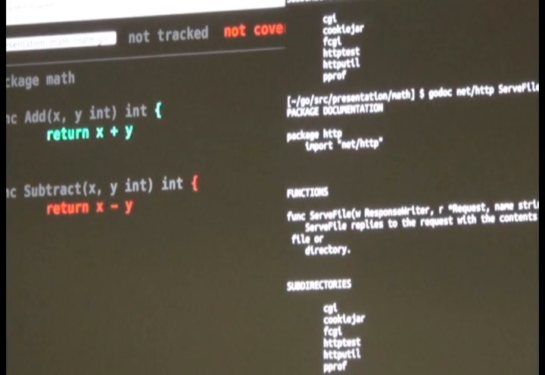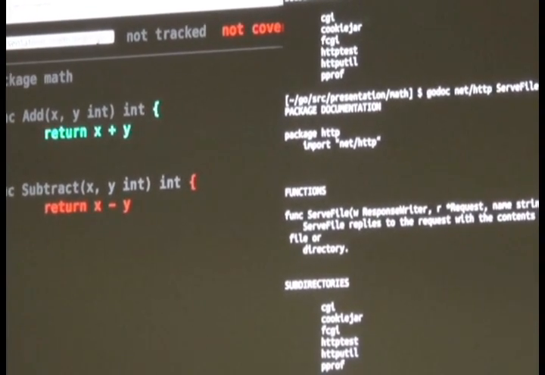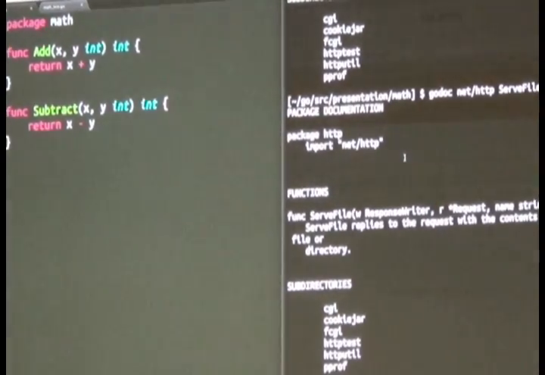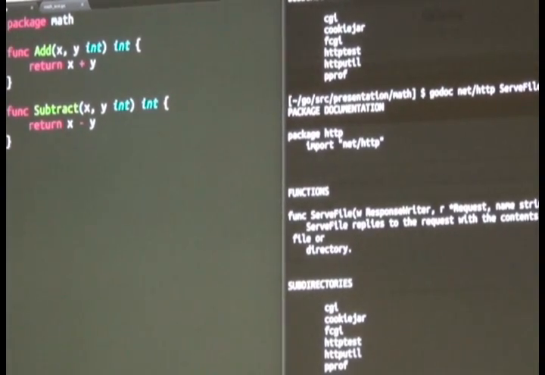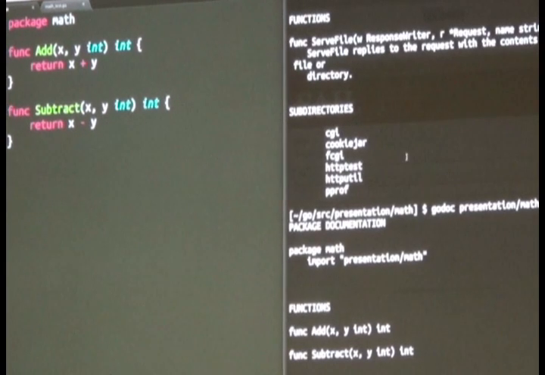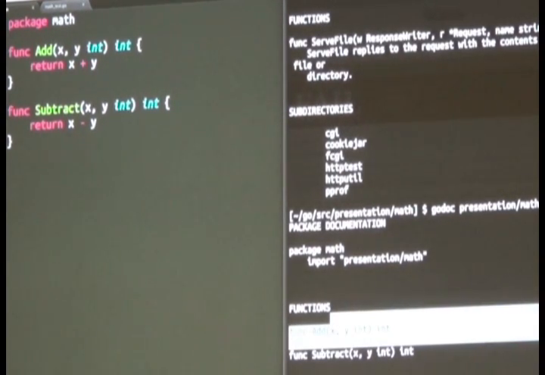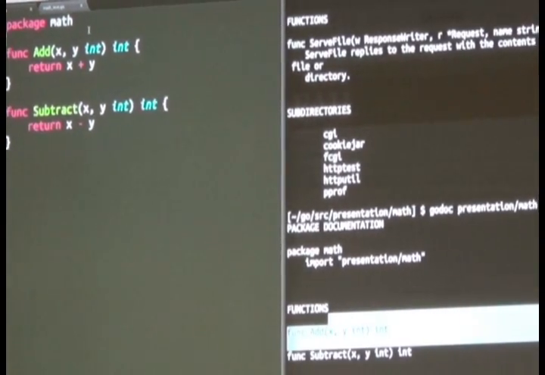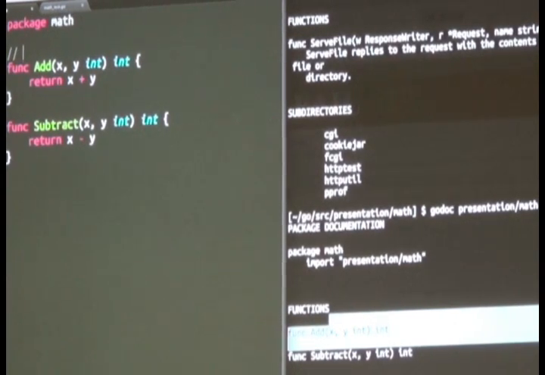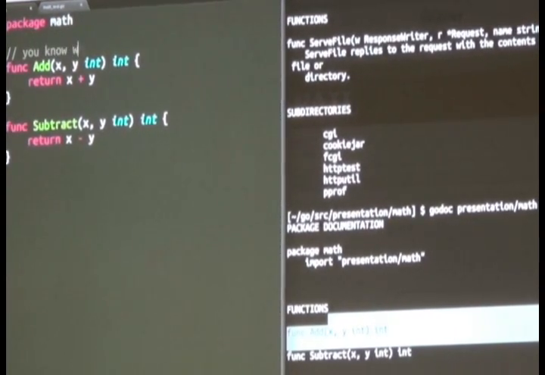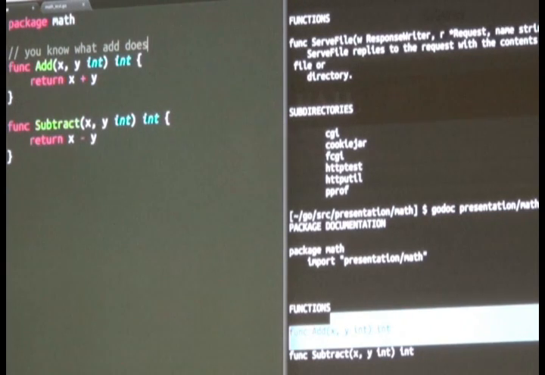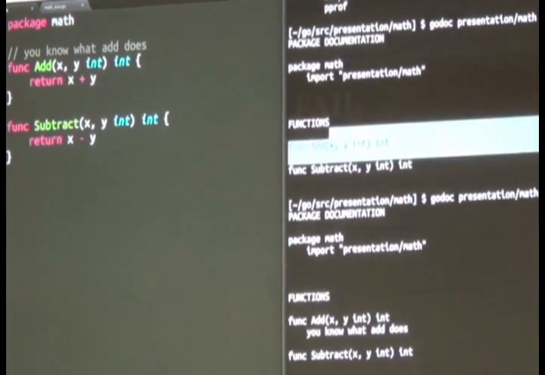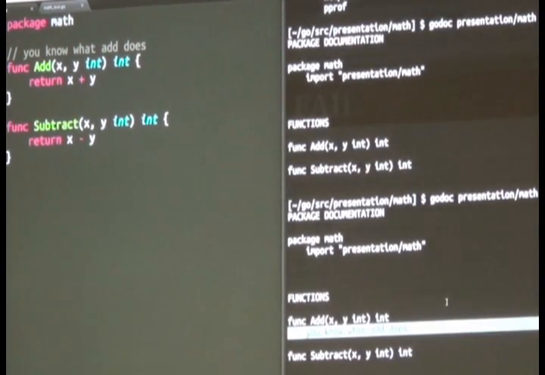Now, the cool thing about this is that this documentation comes from the source code. So I can do it on my own project right now. This is stored in presentation math. So you can see that it's already documented my functions. And I can easily add comments. So I say what add does as a comment, and you can see it shows up right here. So the cool thing about this is